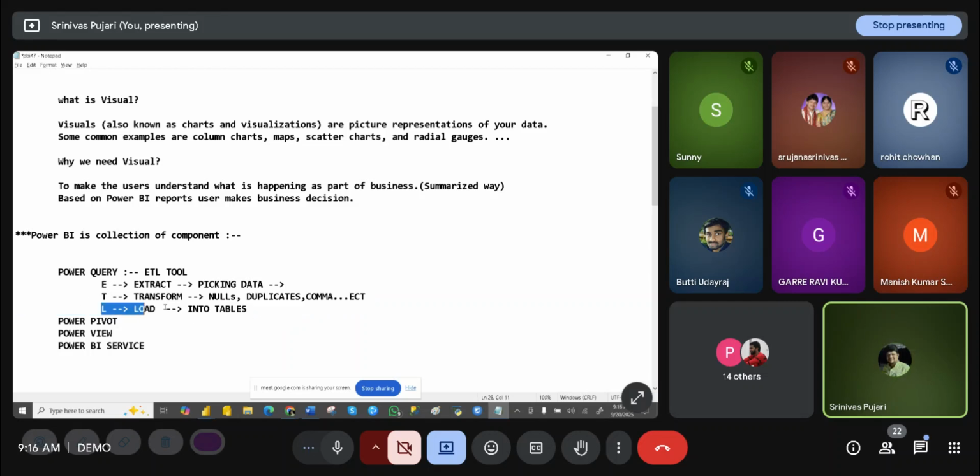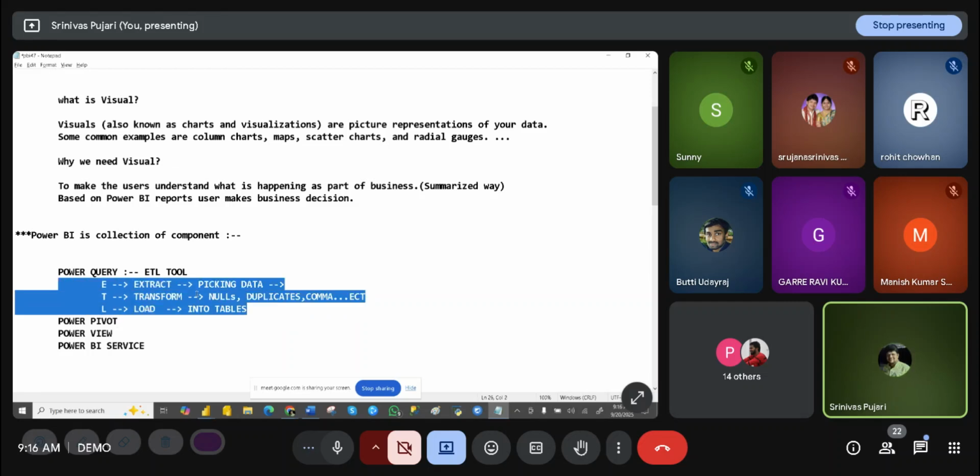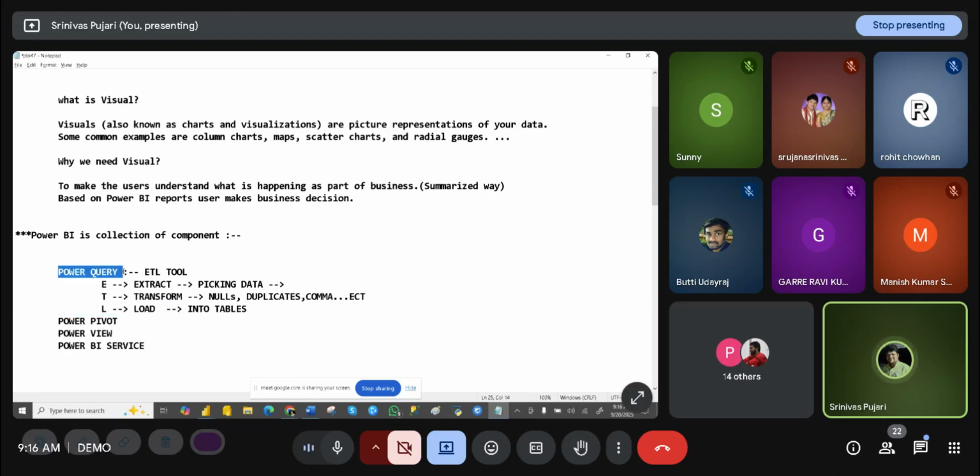Then after we load the data into the tables, that is all about Power Query. Next one is Power Pivot. Power Pivot means it's modeling. Modeling means what? Modeling means